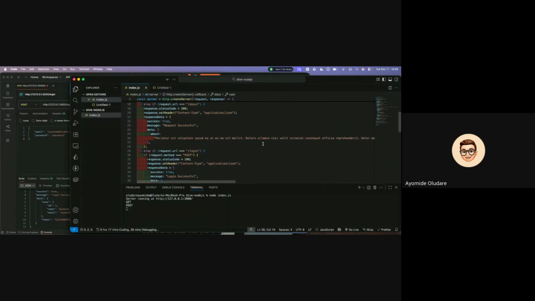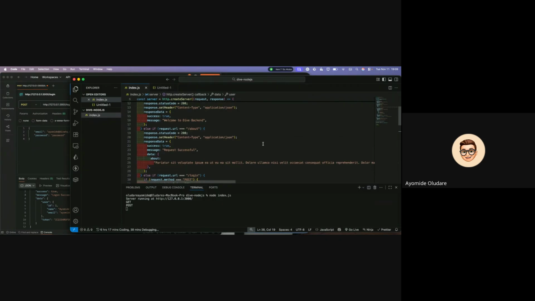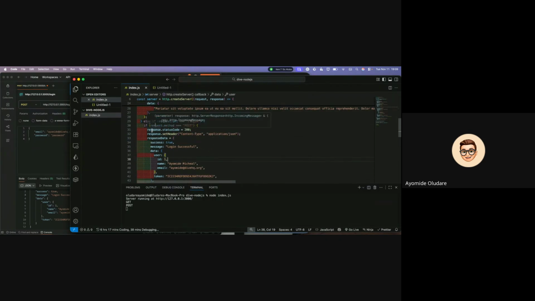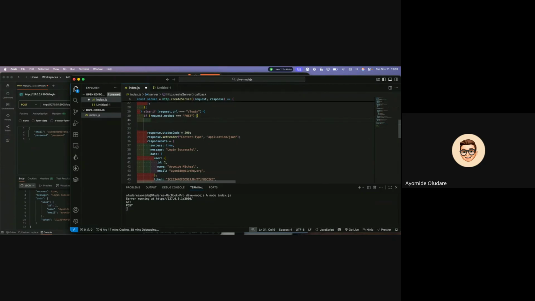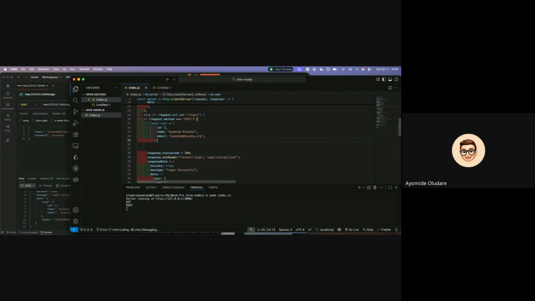So another thing we want to do is to say, in this our login, we've been able to establish that the request is a POST request. Now we want to check. Let's say the user, constant user is this our user, right? Now we want to check our request body. How do we get our request body? If we say